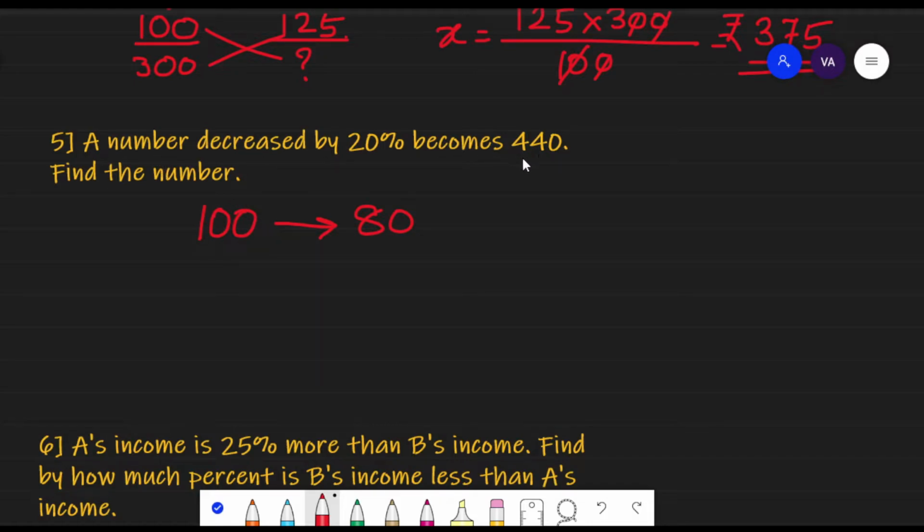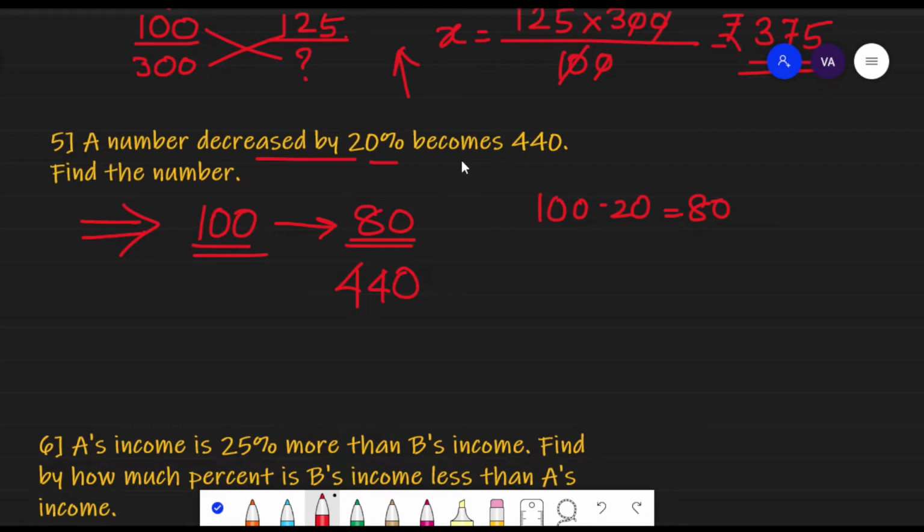And they have also given that the new number becomes 440. So here we have made use of the percentage that we have been given. Here it is a decreased percentage; in the earlier problem it was an increased percentage, and that time we added 25 to 100. Here, since they have given a decreased percentage, we subtracted 20 from 100. So 100 minus 20, we got 80. So if the value was 100, the new value will be 80. But they have already given the new value to be 440. What was the original number?